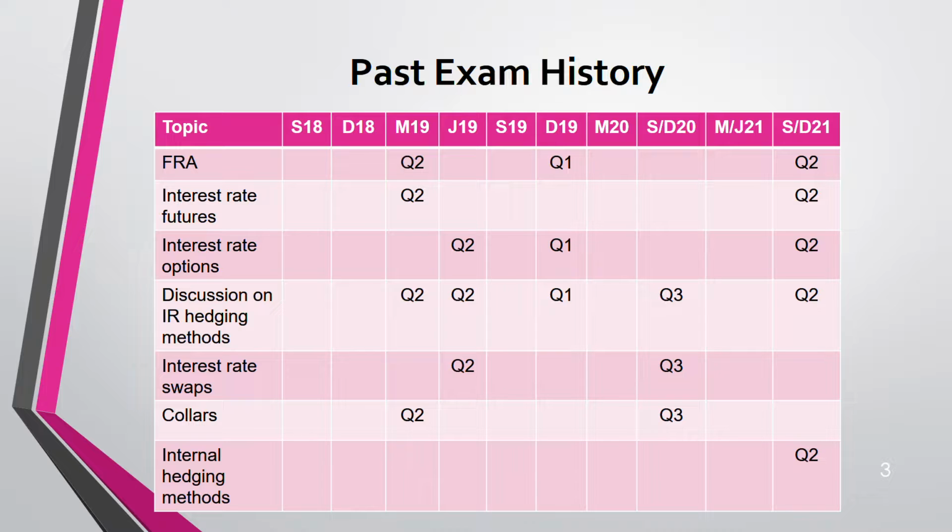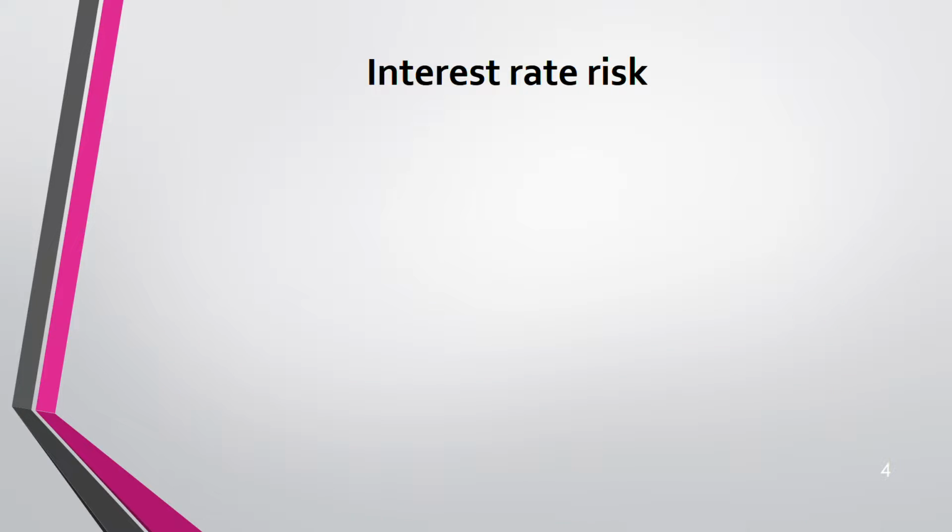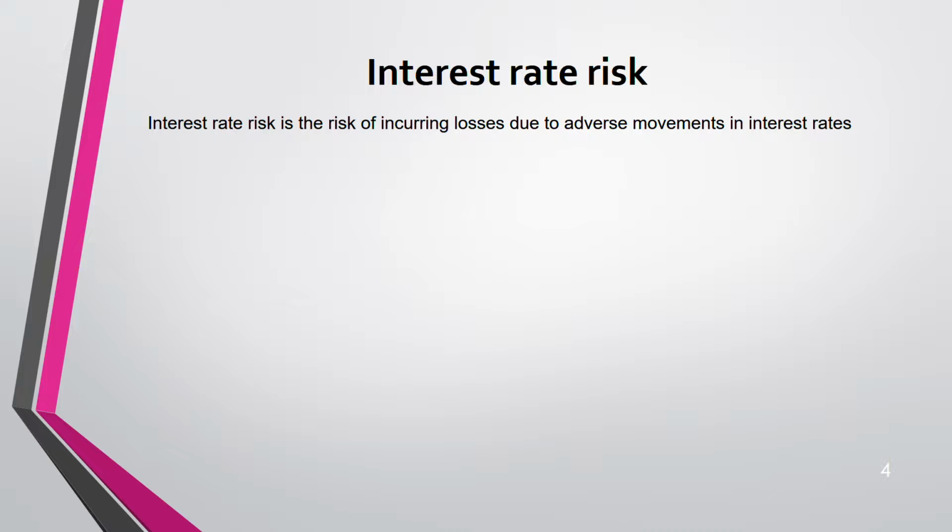Okay, so let's start with our interest rate risk. What does it mean? Interest rate risk means the risk that occurs due to changes in interest rate. When we invest or when we take a loan, there is a risk. We do not know whether the interest rate tomorrow will go up or down. If it's a borrowing, the interest rate going up is a risk for you. And if it's an investment or deposit where you are earning interest, you do not want the interest rate to go down. So in both ways, it's a risk.